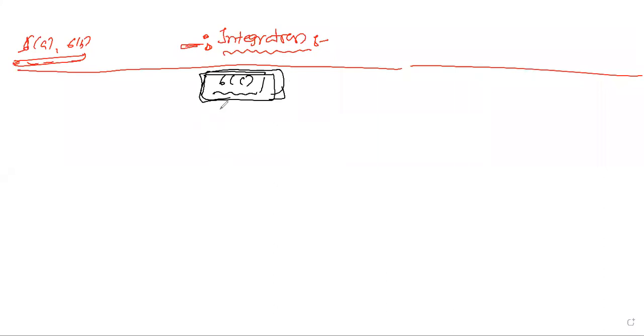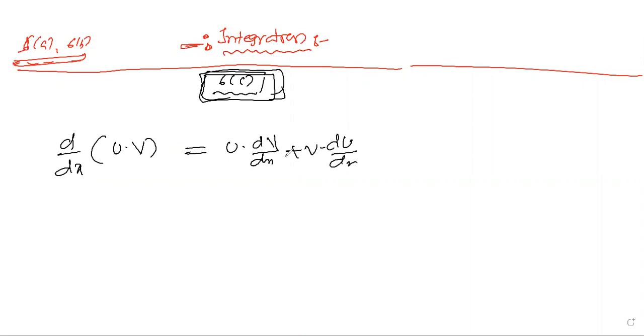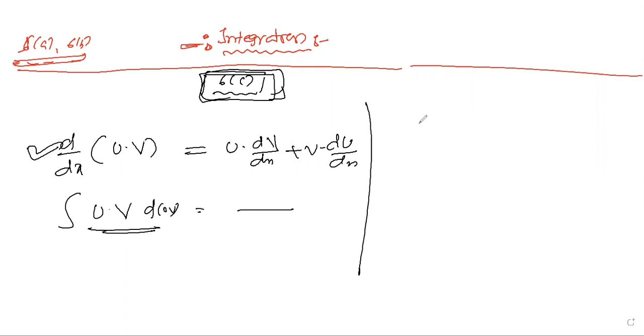Basically, previously, if you go for differentiation of UV, d by dx of UV, how do you do it? U into dv by dx plus v into du by dx. This is the differentiation of UV. Like this, in integration also we have u into v. Integration of u into v, like this we have one formula in integration also.